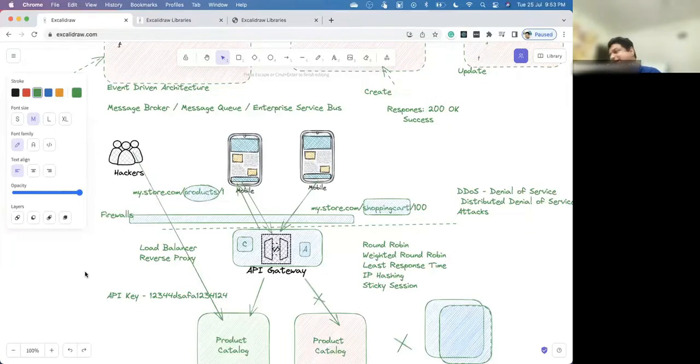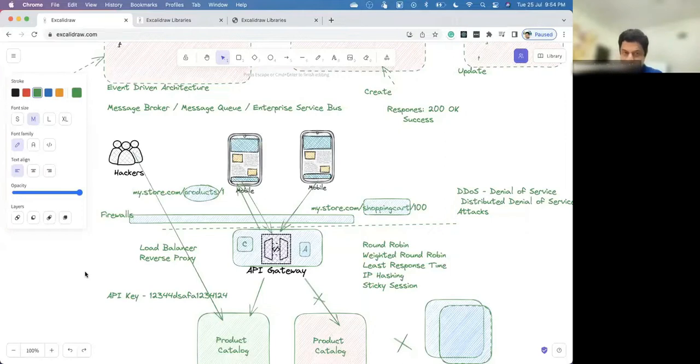So authentication is done in microservices using various protocols, which could be OAuth, JWT, etc. So the API gateway can have this complex authentication mechanism in place. It can have rate limiting in place. It can have routing as well in place. It can also